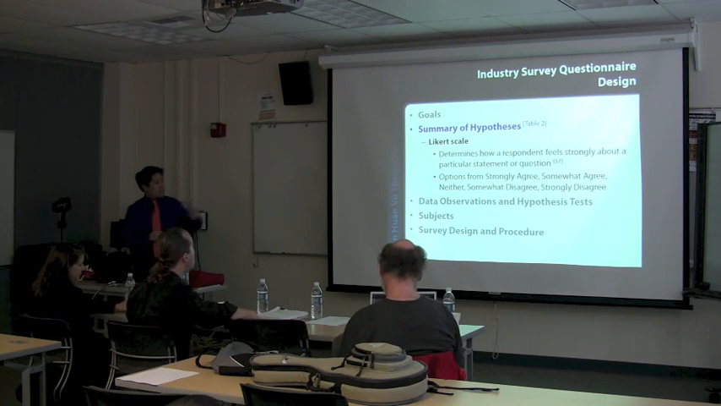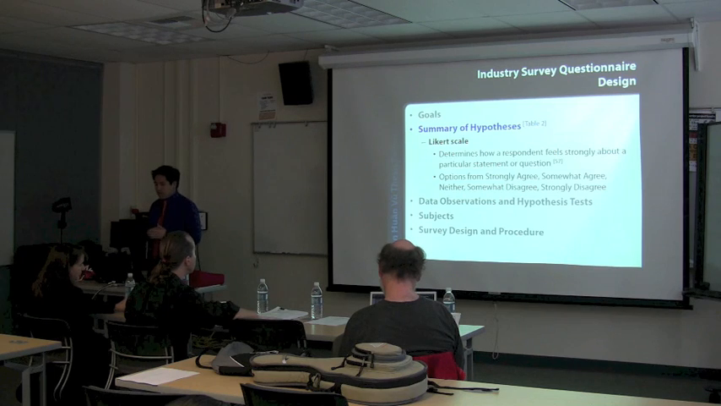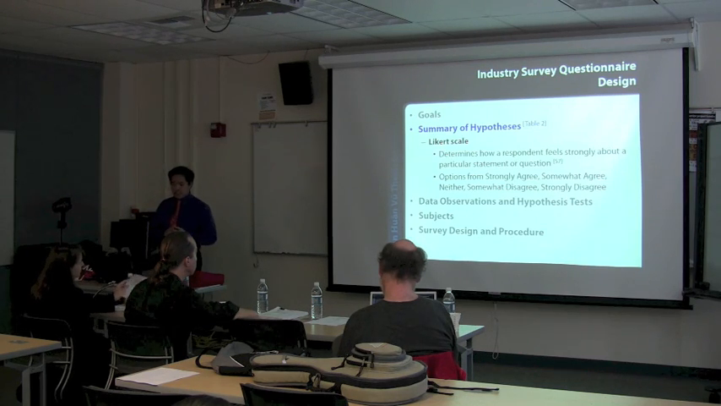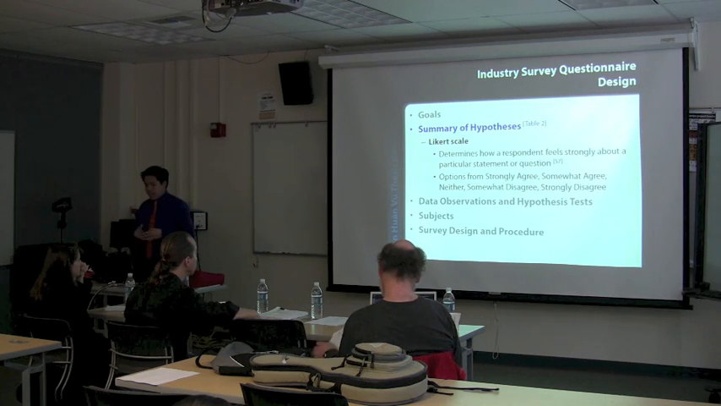The definition of a Likert scale is to determine how strongly a respondent feels about a particular statement or question. The options to answer those were strongly agree, somewhat agree, neither, somewhat disagree, and strongly disagree. And you can see that each of the statements starts out with, in order for computer science and software engineering graduates to be prepared for industry, students must...